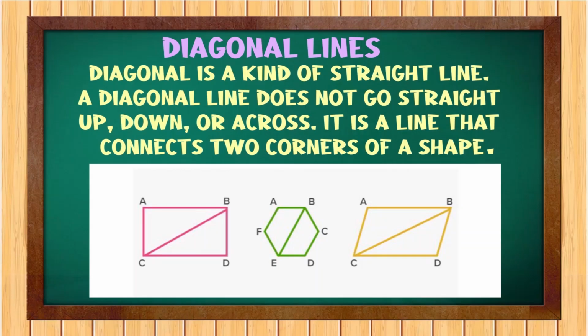A diagonal line is a kind of straight line. However, it does not go straight up. It does not go down or across. It is a line that connects two corners of a shape. For